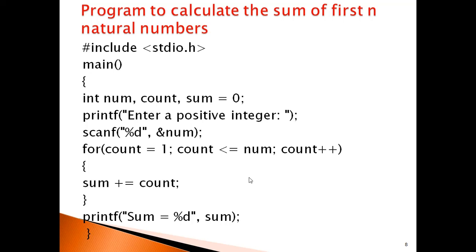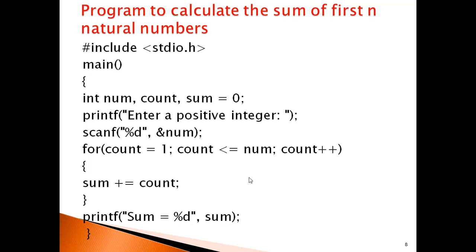In the increment portion, we are incrementing the variable because the natural numbers start from 1 and go up to n. We have to sum the numbers. In the for loop, sum is equal to sum plus count.